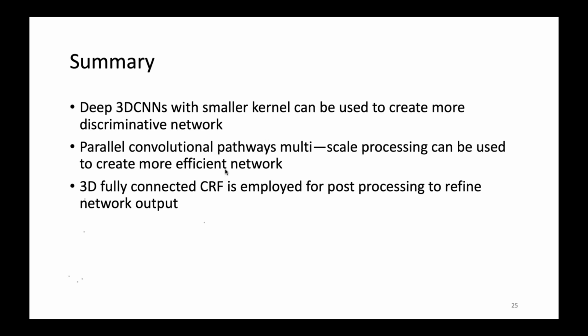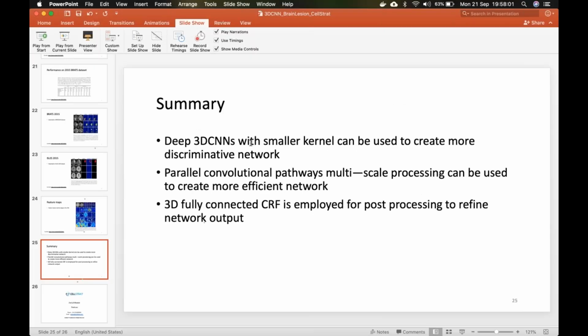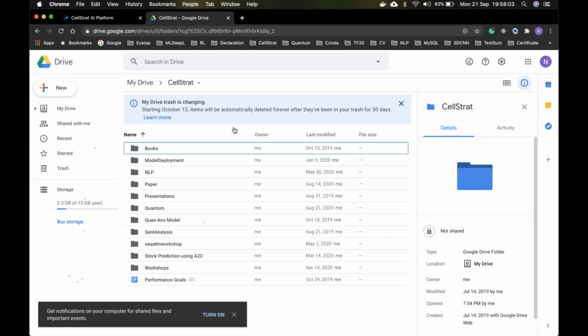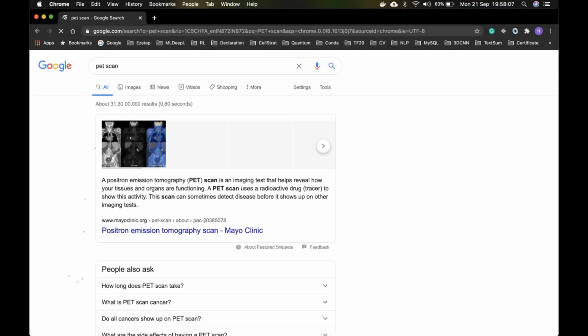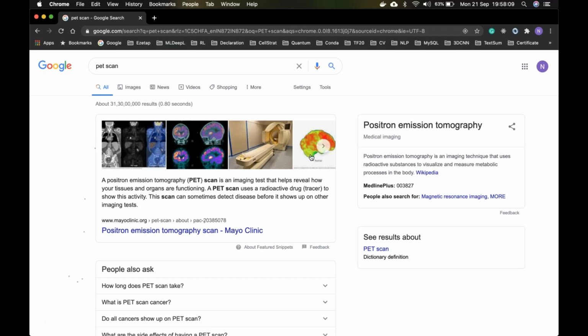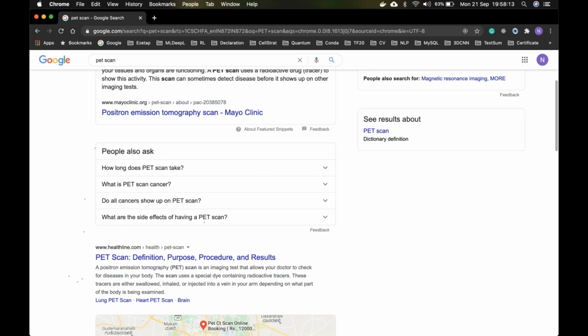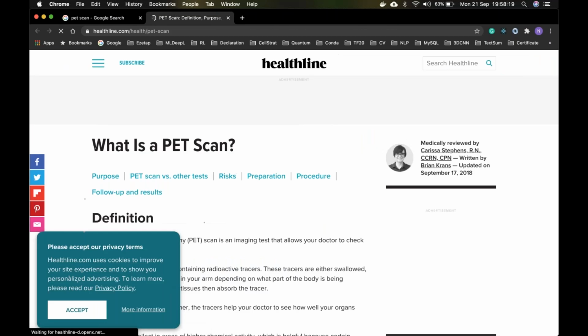So we don't see that many multi-dimensional data sets. Yeah, I think it has tomography. It has multiple dimensions, so there also you can use 3D CNN.